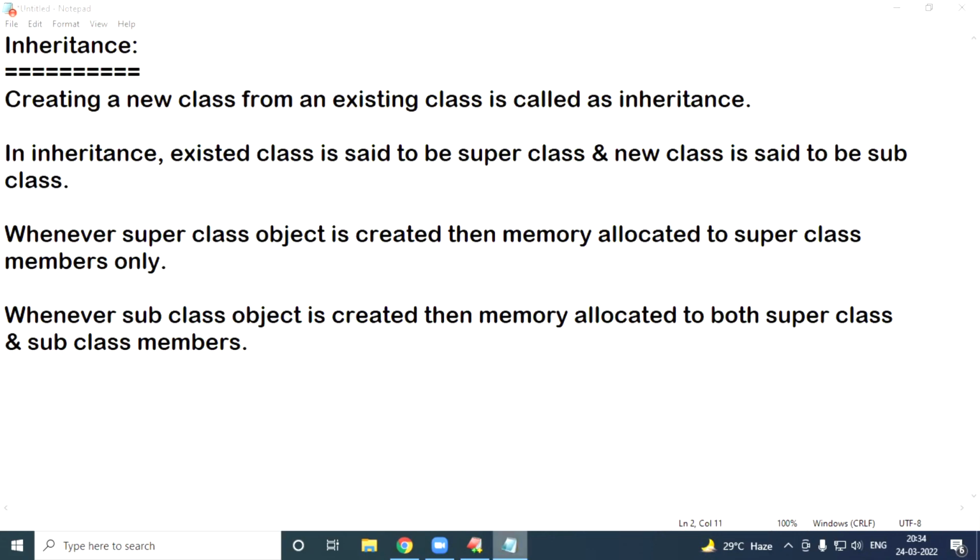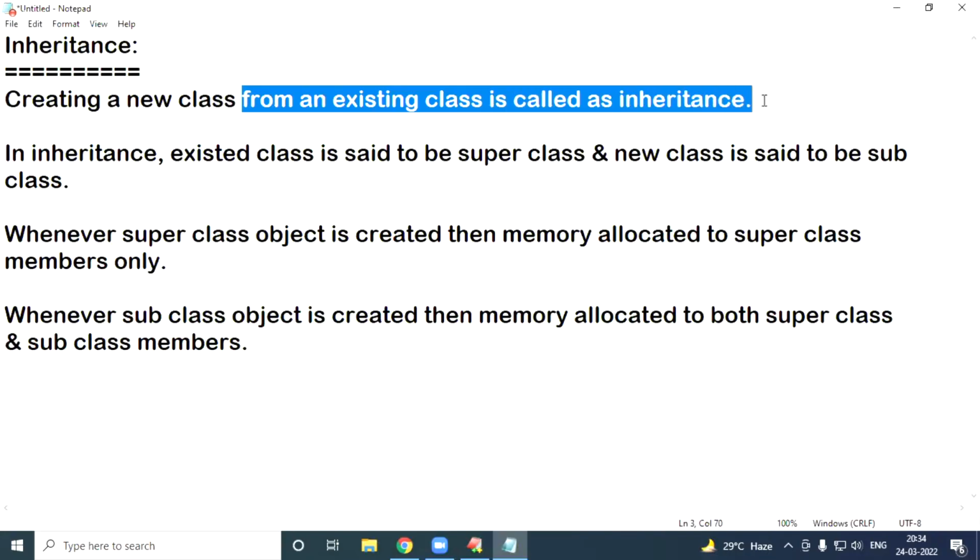Is it over? What is the use of inheritance? When we have to go for inheritance, I'll explain. First, you see the concepts I have given. Creating a new class from an existing class is called inheritance. You are creating one new class based on an existing class. That is inheritance. For example,